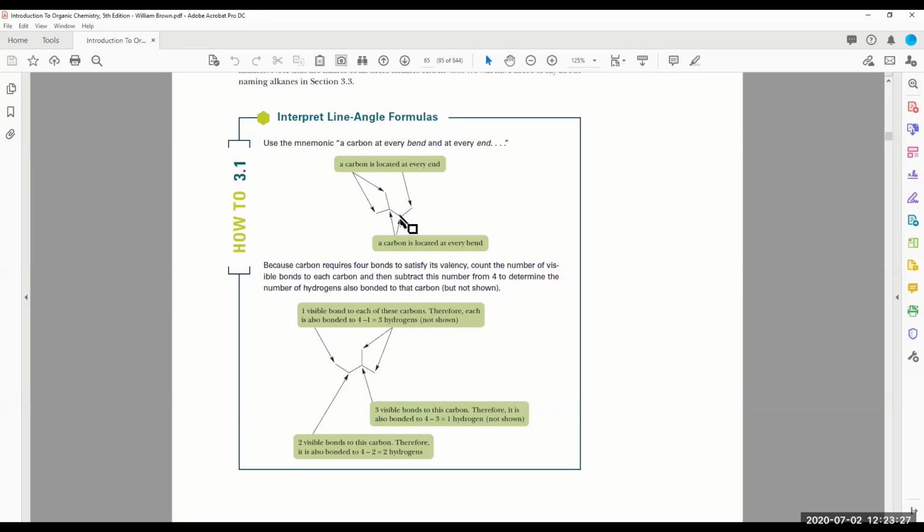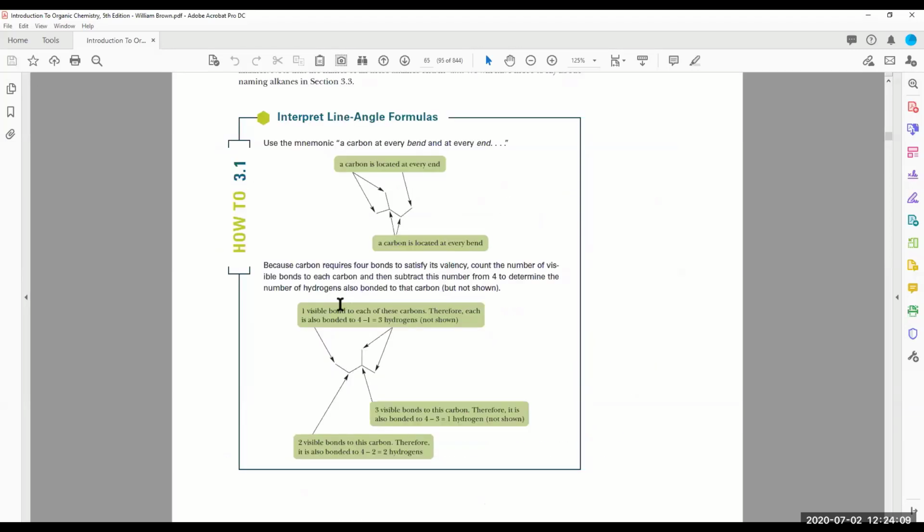For this carbon here at this vertex, there are 2 carbon-carbon single bonds to that carbon, and that means to get a total of 4 single bonds, you have to have 2 carbon-hydrogen single bonds. So there's 2 hydrogen atoms bound here, and at the end there's 1 carbon-carbon bond, so that means you usually have 3 hydrogens. So at the ends of the molecule, you usually have 3 hydrogens. If you have a branch point, the carbon at that branch point contains 1 hydrogen, and if you're at the vertex of a straight chain alkane, you have 2 hydrogens.